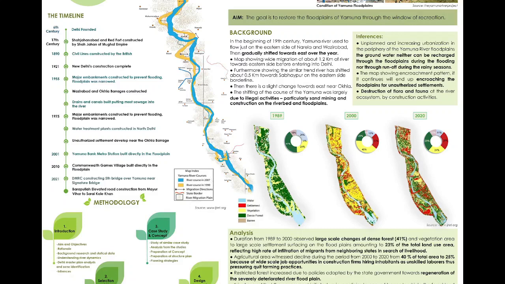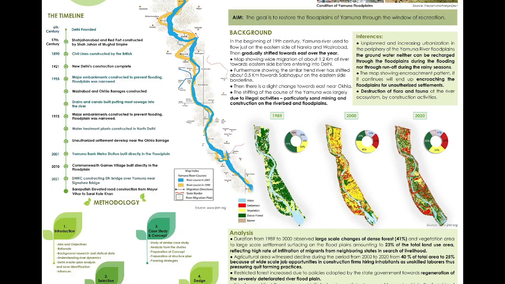But after almost a decade, people started immigrating to Delhi from nearby states such as UP, Bihar, and Haryana, and the forest land reduced to half, about 20%. The farmland increased because people coming from areas like UP started farming here, and they started illegally encroaching land, and illegal settlement increased.